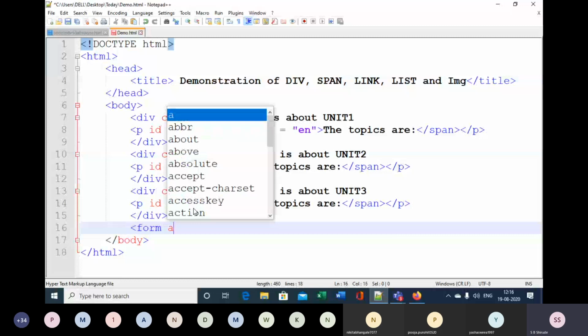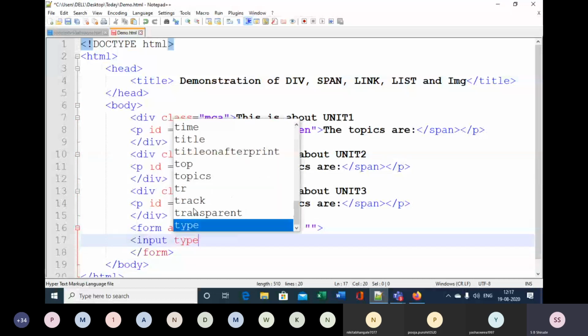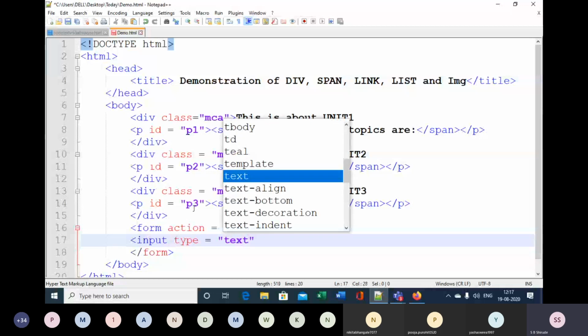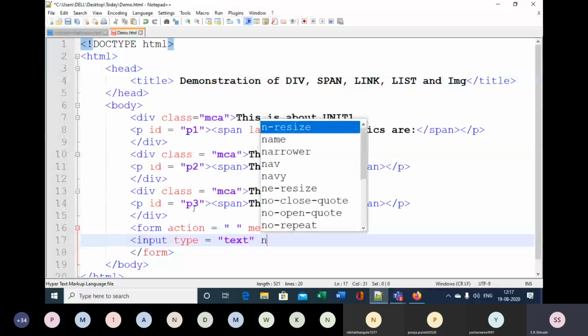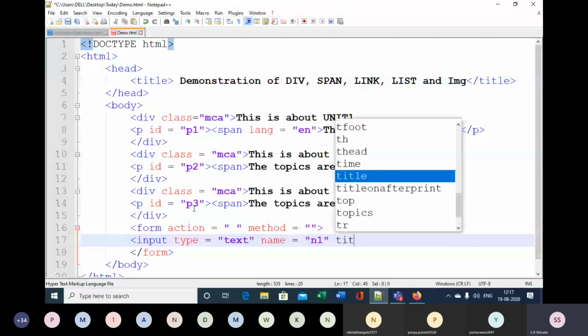I will not put it here, and then I will simply put input type is equal to text, name is equal to n1, and here title. So title is equal to enter your complete name, and here I will close this.